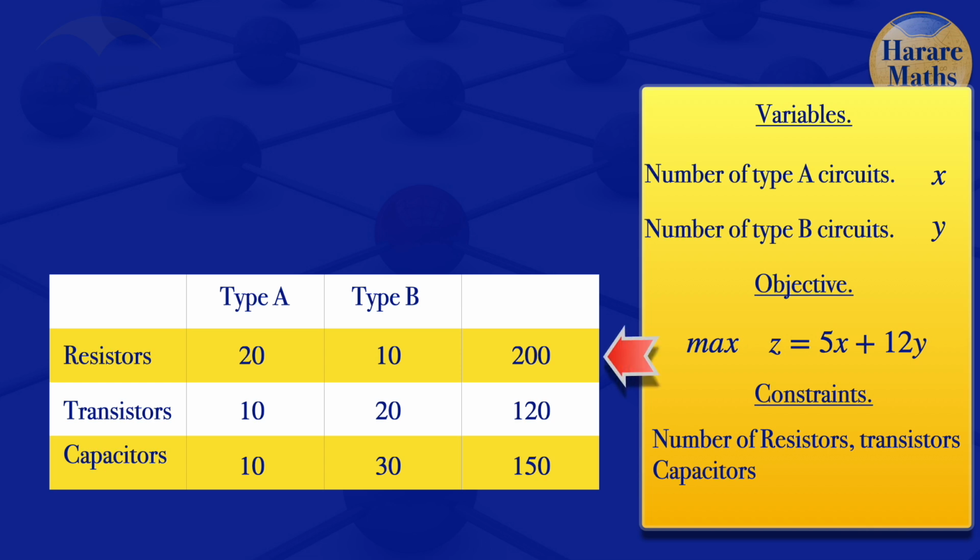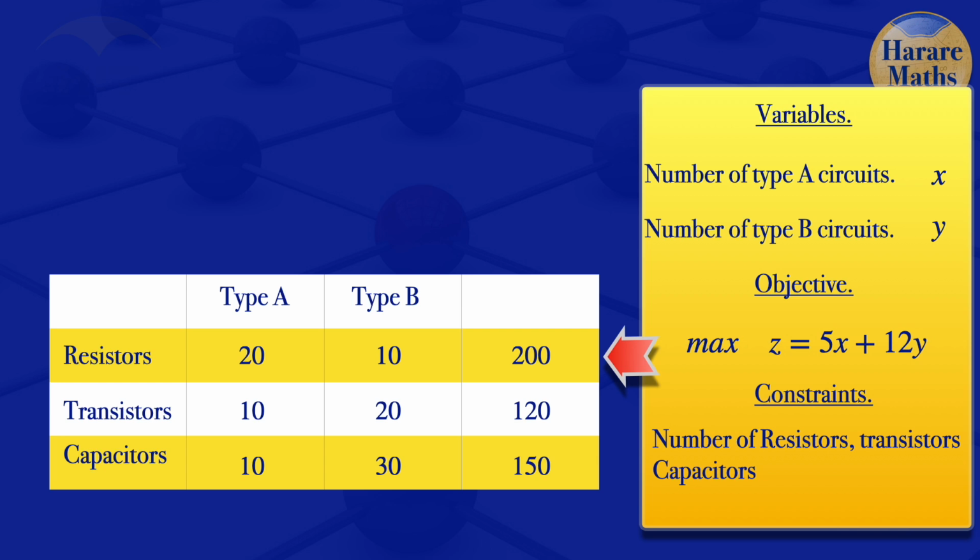For the first one, we are looking at the resistors. And there are 200 of them. And we are looking at type A circuits. They require 20 resistors. So if we are making the number of type A circuits to be X, then the total number of resistors that will be used to make type A circuits will be 20 times X. Because each type A circuit requires 20 resistors, and you are making X of them, it will be 20X, the amount of resistors used by